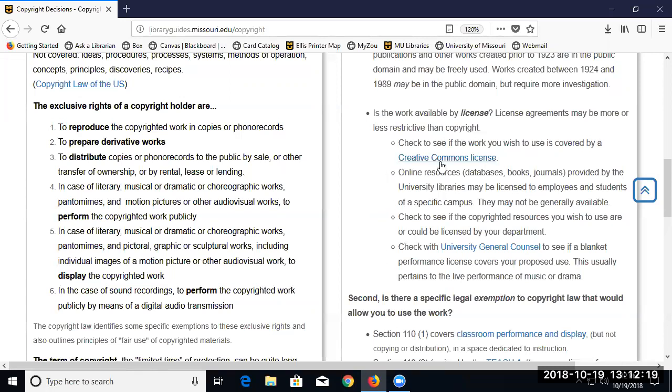The other thing I think is good for you all to be aware of is the idea of the Creative Commons license. We're going to come back and look at this in a little more detail as well. This is a newish thing. A lot of creators would like other people to be able to use their stuff, and they're not necessarily happy that the copyright law default is no, you have to get permission. So the Creative Commons has developed a variety of licenses that you can use proactively to give people permission. So you can say, yeah, you can use my stuff as long as you don't change it. You can use my stuff as long as you're not making money off of it. So there are a whole variety of different licenses. That's becoming, I think, more prevalent, so it's easier to find some of those things that you might want to use with a Creative Commons license.